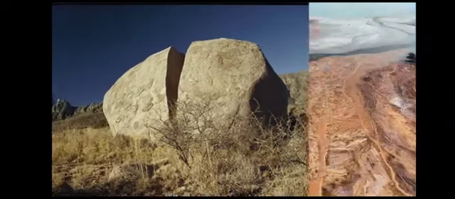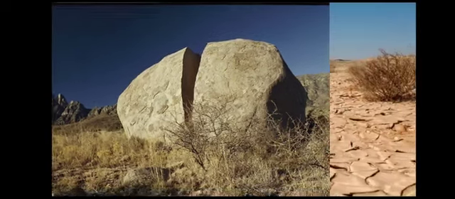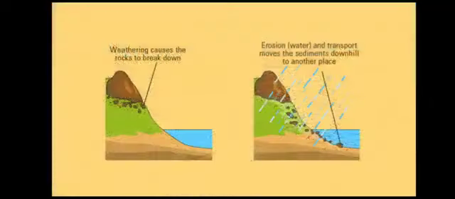Weathering is the breaking up of the rocks on the earth's surface. Erosion is the wearing away of the landscape by different agents like water, wind, and ice. The eroded material is carried away or transported by water, wind, etc., and eventually deposited. This process of erosion and deposition creates different landforms on the surface of the earth.